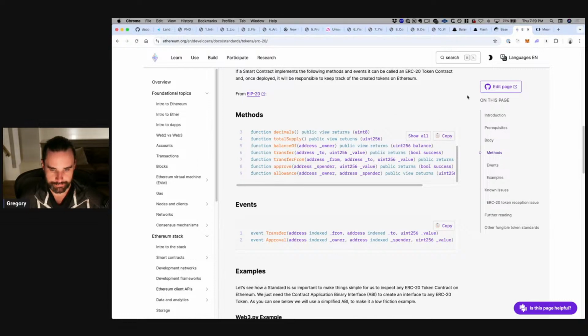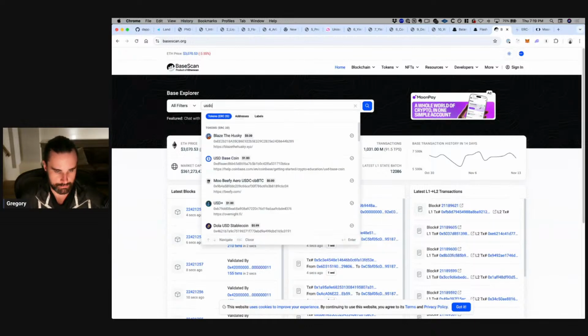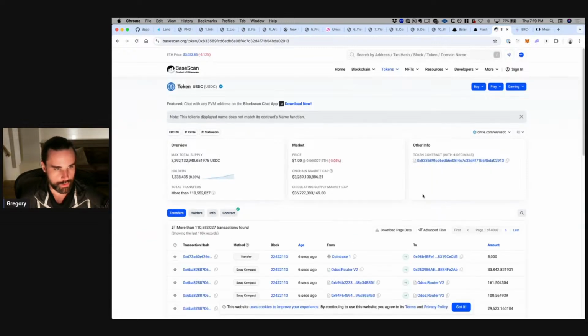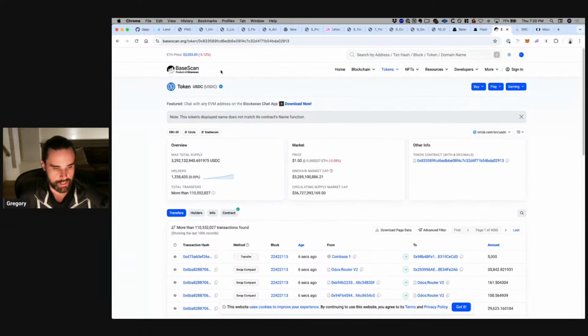All right, and finally, the main cryptocurrency that we're going to be flash loaning tonight is going to be USDC. USDC is a token on Ethereum, on Base, on many other blockchains. It's an ERC20 token, and it is a stablecoin, which basically means its price is pegged to the US dollar. You can think about it in terms of dollars, its price doesn't change. It's not volatile. That's the main cryptocurrency that we're going to be using, in addition to Ether, of course, that we're going to be using to pay the gas fees.